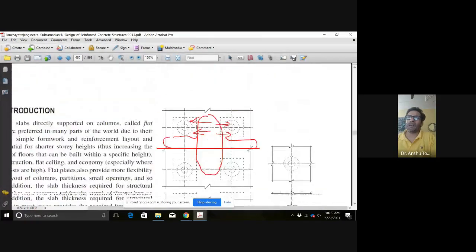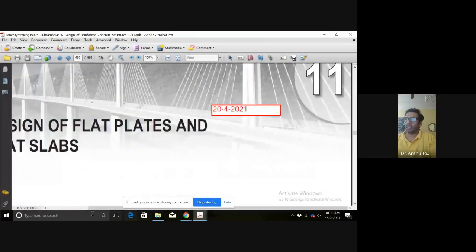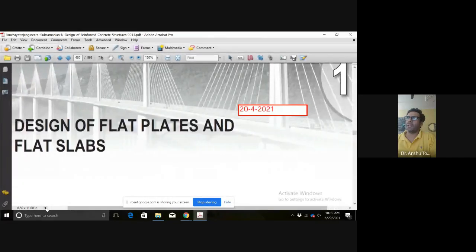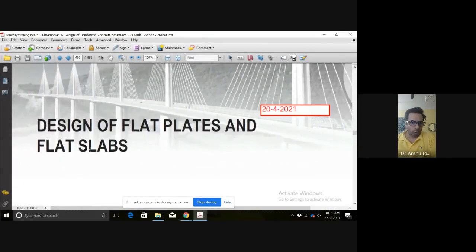I have shared this particular book with you, and this total chapter is my notes, the numericals which we are going to do. Everything has been done from this book only. Problem number I will tell you. You can easily see it. So please start going through it from day one, and you can ask me your doubts from the numericals as we go on. Otherwise, it will again be difficult for you to cover up later on.